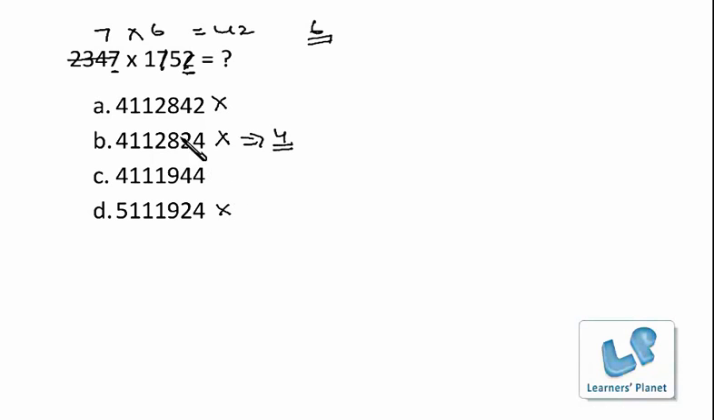Now we are left with this choice only, so obviously this will be the correct answer. Still, you can just cross verify. It's 4, 5, 6, 7, we are not taking 9, so 7 plus 4 is 11, 11 plus 4 is 15, that is 1 plus 5, that is 6. So the digital sum of this is 6. So this will be the correct choice, and you can even match the unit digit also, that is 7 into